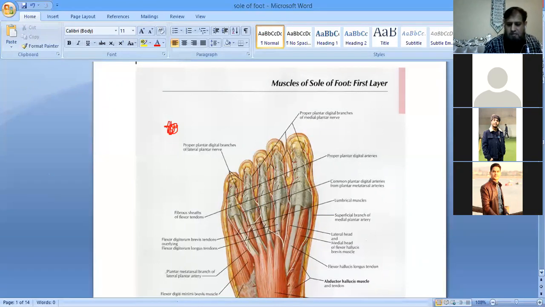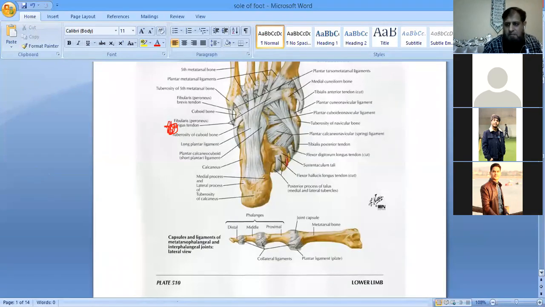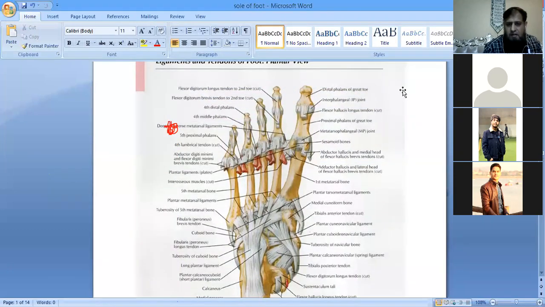That is the deep transverse metatarsal ligament, the third part of the D fascia. So this deep transverse metatarsal ligament, it is basically a thick band which is just going to connect the heads of the metatarsals. अगर आप इसे गौर से देखेंगे बच्चे तो you can see these are basically the 1, 2, 3 and 4 flat bands, 4 small flat bands which are just going to connect the two metatarsophalangeal joints. ठीक है, ये दो metatarsophalangeal joints है ना, तो इनकी posterior surface पे एक ligament होता है जी जो इसको पकड़ता है.